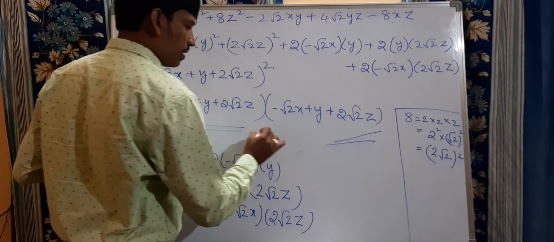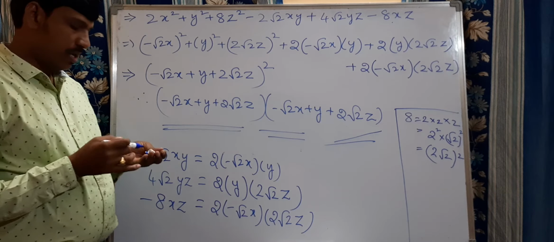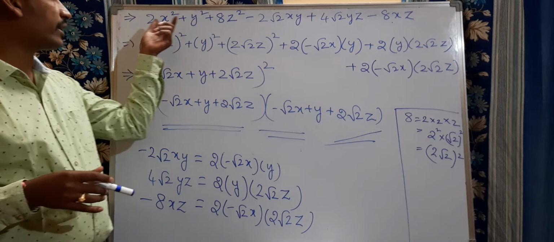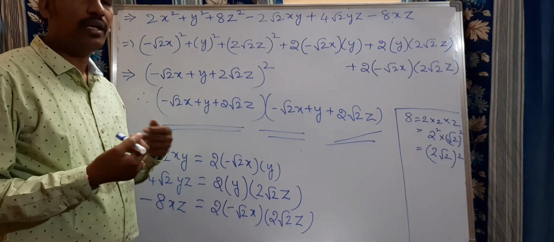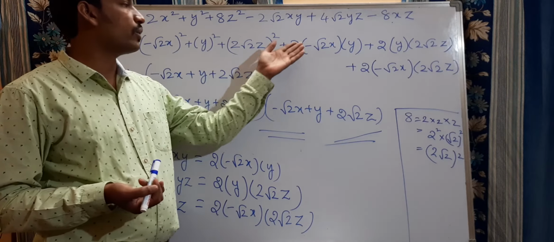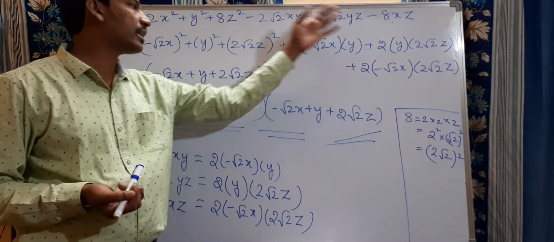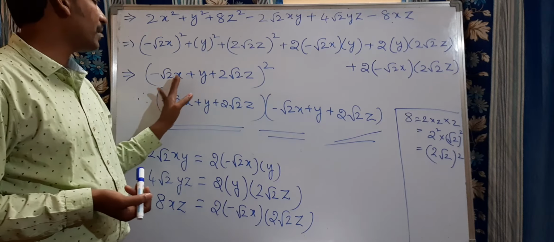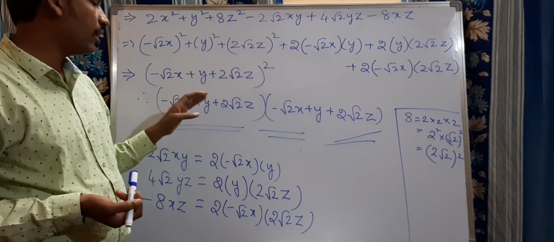You please write down the therefore statement at the end. How to factorize it? You have to simplify each and every term in such a way that you get the identity, here x square plus y square plus z square plus 2xy plus 2yz plus 2xz we got. This total expansion can be written as x plus y plus z whole square. Clear? X plus y plus z whole square.